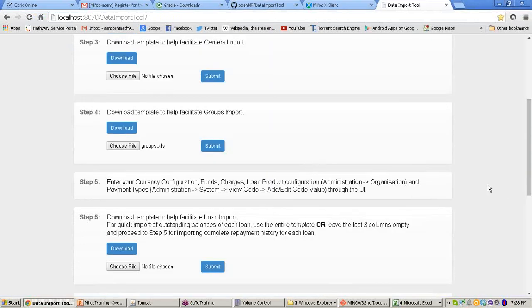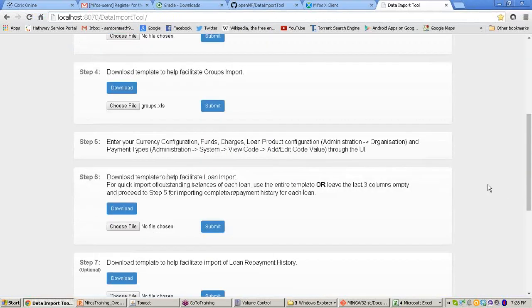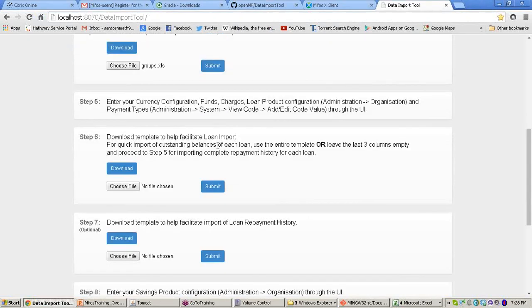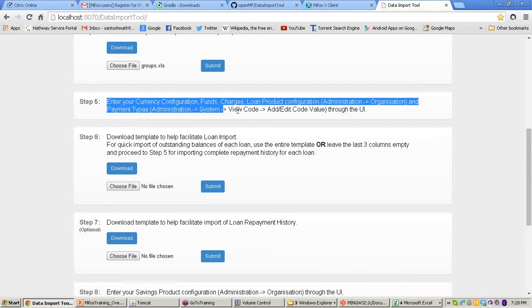Next we'll go for the loan product, how to enter the information about loans. Let's start from step 6. Before this, you need to do some things before using the data import tool for the loans.